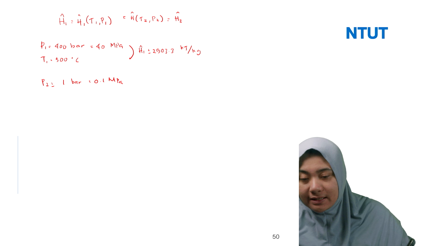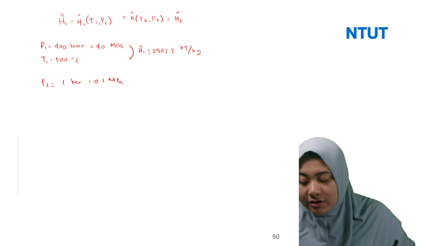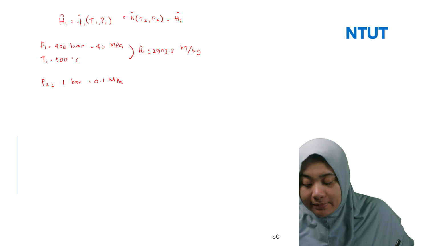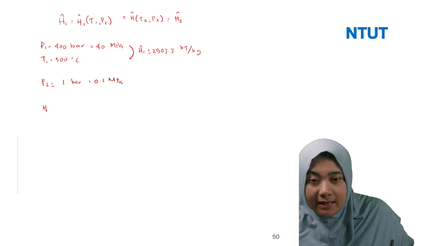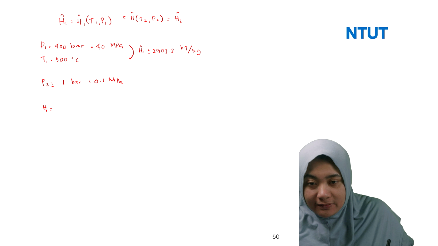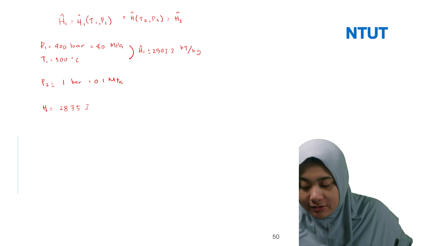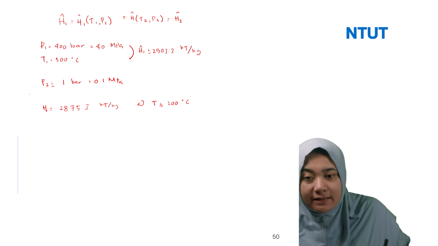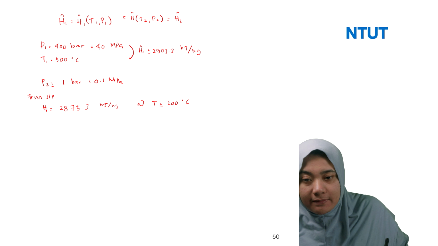So we can use P2 here, and then for the pressures, if the H is similar, we can see in the steam table that the H values are bracketed between these values, because the enthalpy is the same. So we need to use interpolation, because you don't know T2, so you need to read. This is at T equal to 100 degrees C. This is from the steam table. Yeah, this is from the steam table. You can get this data.